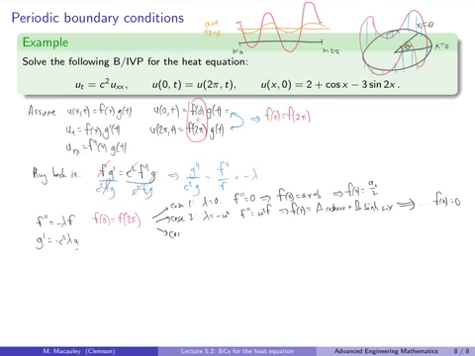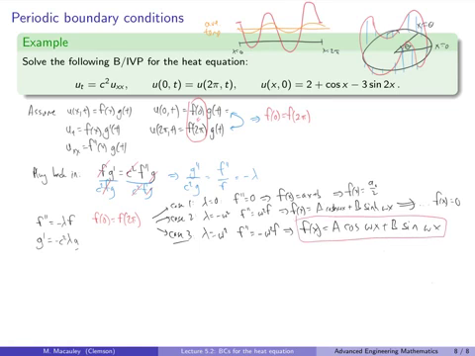So finally, the last case is case 3. Lambda equals omega squared. So we have f double prime equals negative omega squared f. And we get that f of x equals a cosine of omega x plus b sine of omega x. Okay, now what? So using those boundary conditions,